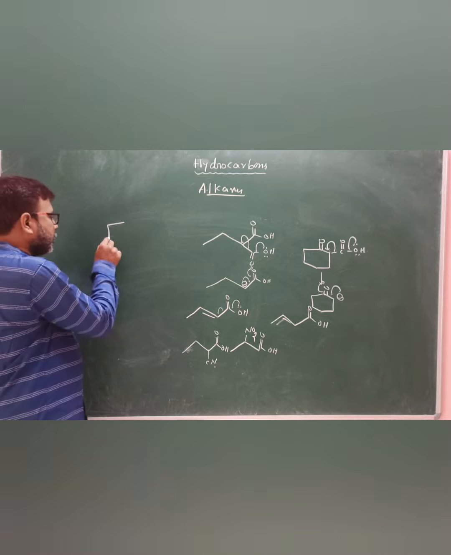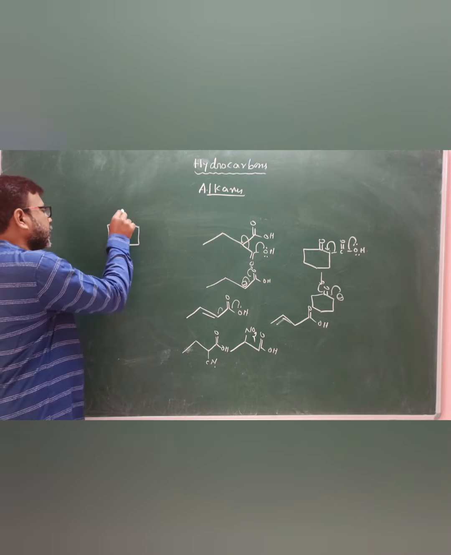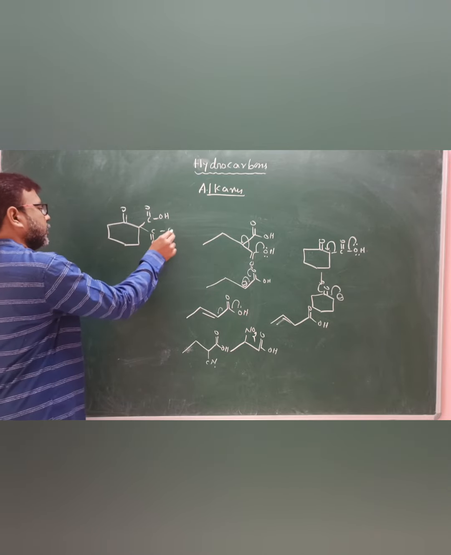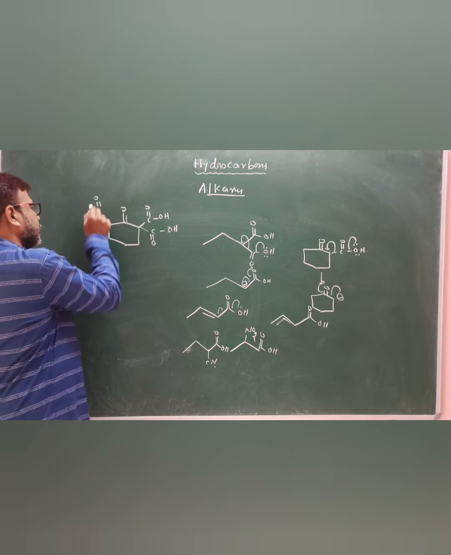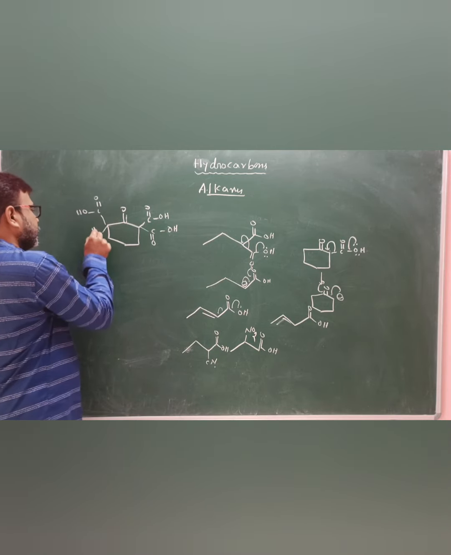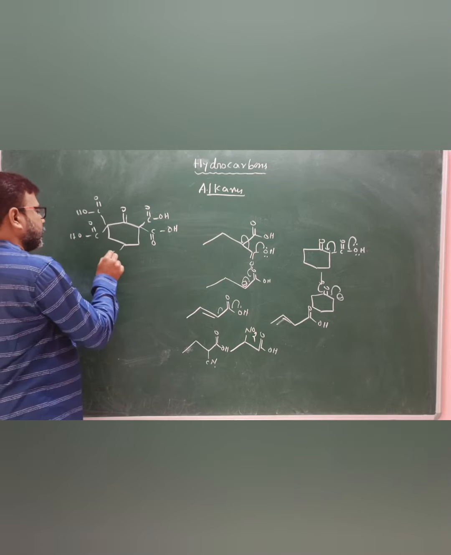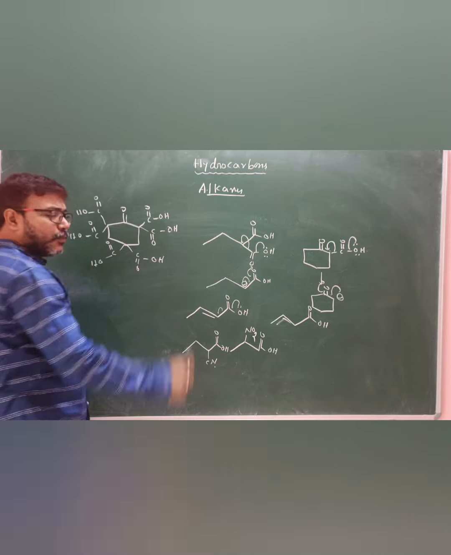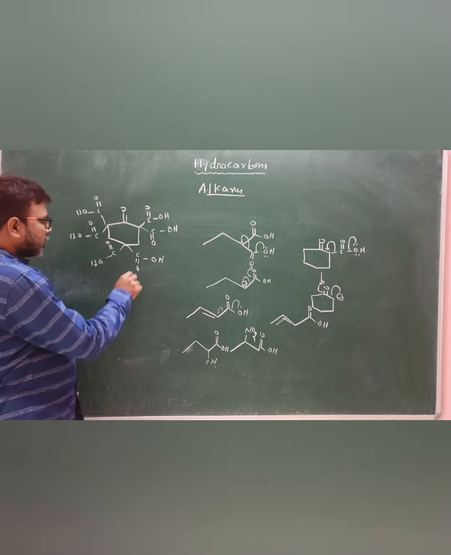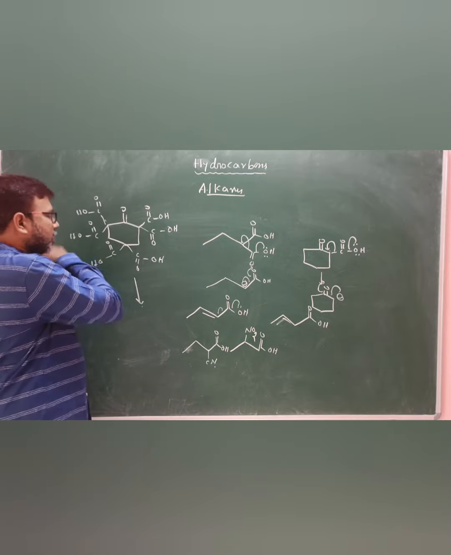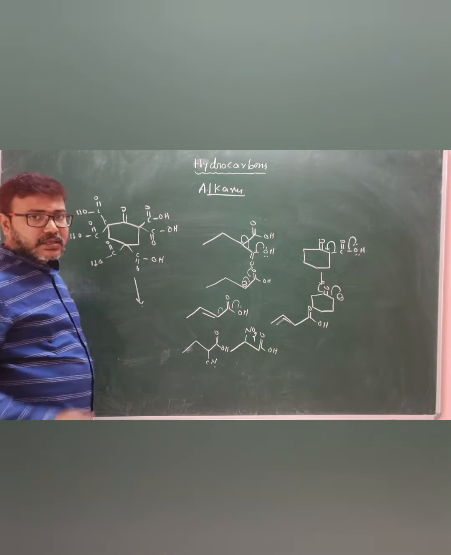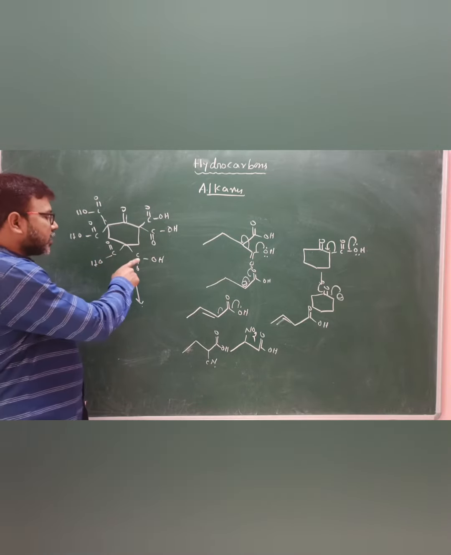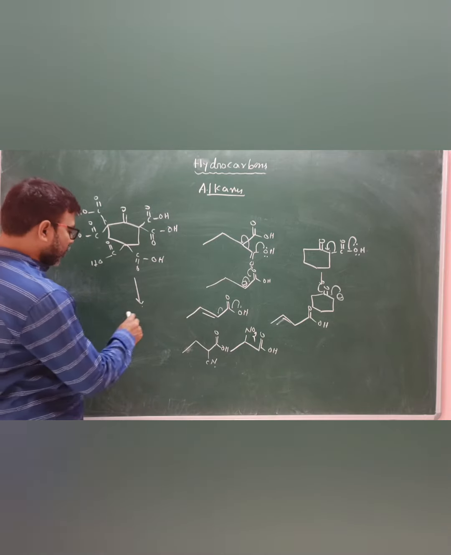Now I give one example. This compound, only on heating, which product do you get? So here it is a 1,1 dicarboxylic acid, which easily undergoes decarboxylation. Here it loses only one COOH. It is also a 1,1 dicarboxylic acid. Here also it loses one COOH. We get this product.